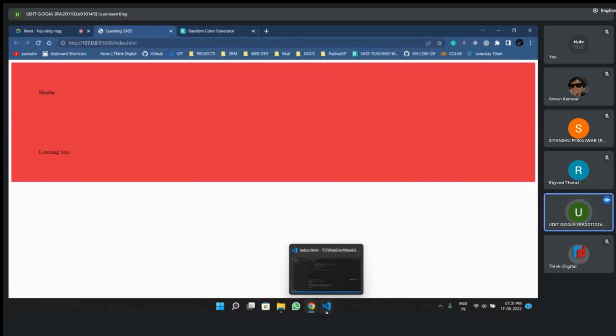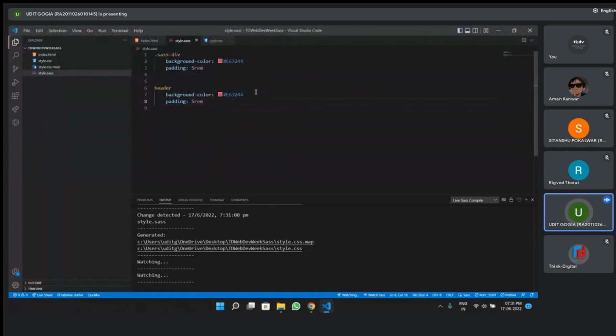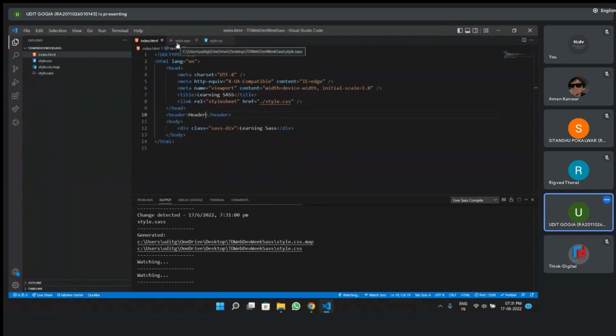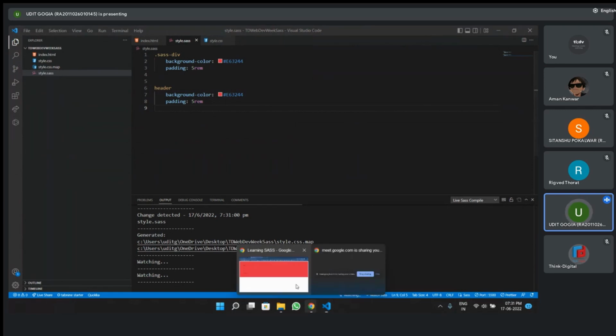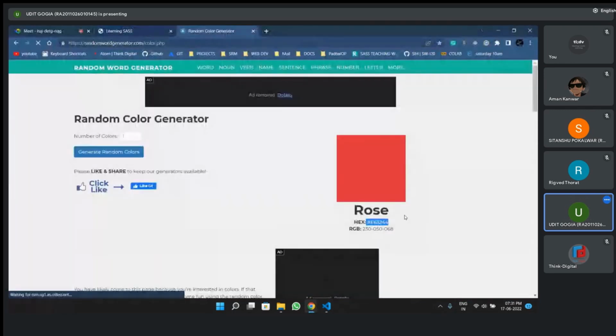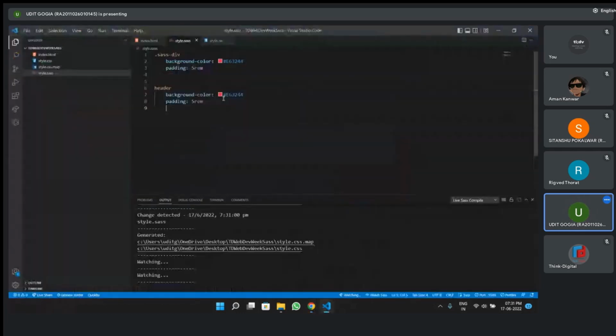my header and my learning SASS. I've used the same hex code for both of the elements, my header and my div with the class of SASS div. Now, what if I want to change my color? Here I have an example of only two elements, but what if there are a hundred elements using the same color? I have to change them individually. If I want to change my color, for example, I'll pick another color. I'll use this red brown color. I have to change this